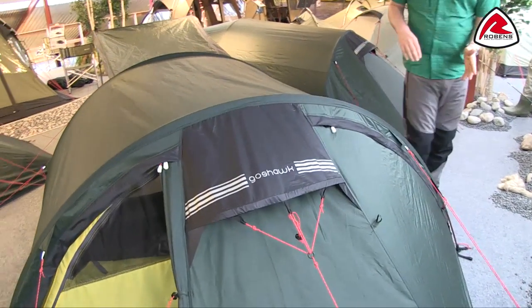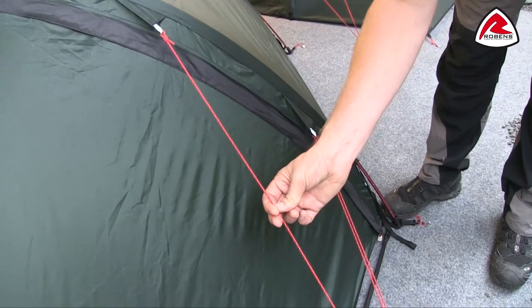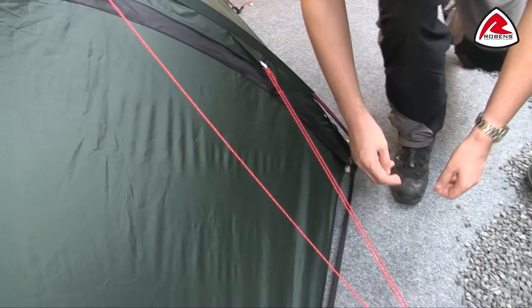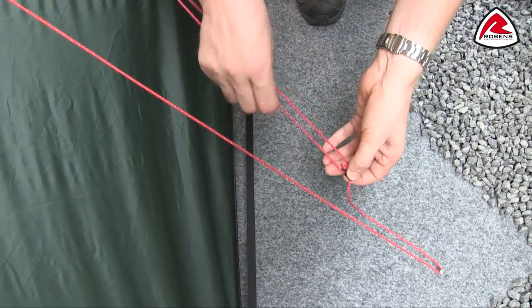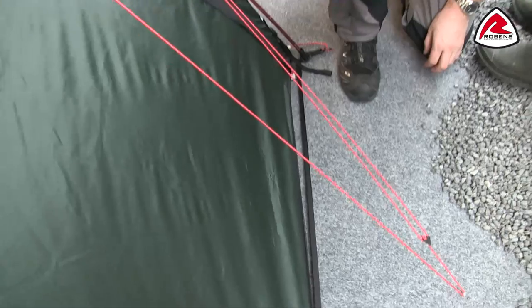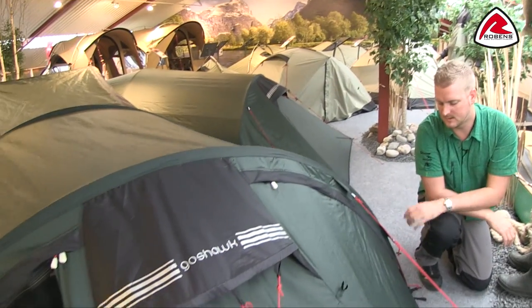On the outside we can see that we have the Robens red guy lines on here, and on there we put some reflective points so that when you've got your head torch on you should be able to see these nice and clearly. Another feature on here is the fact that we use the clam cleat guy runners here, so they're very easy to tighten and they self-lock in place like so. Each guy line then has its own retainer as well, so when it comes to packing down the tent we can wrap these up and pop them in there so that the next time we come to use it they're